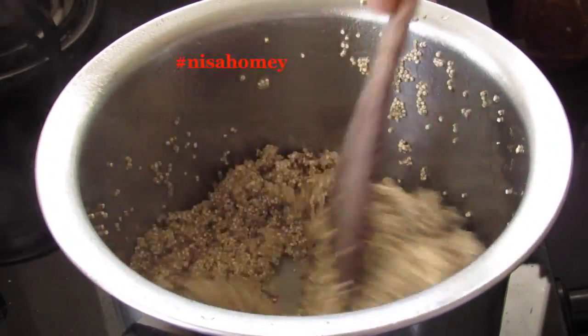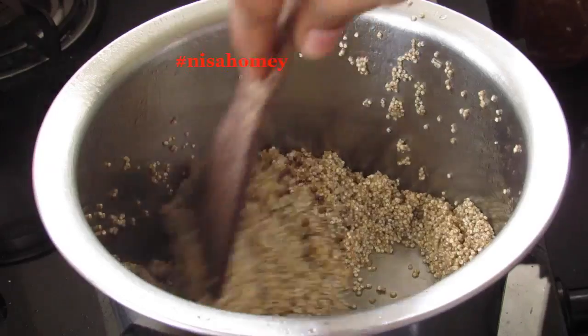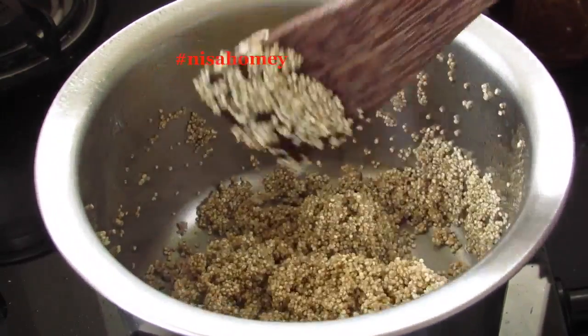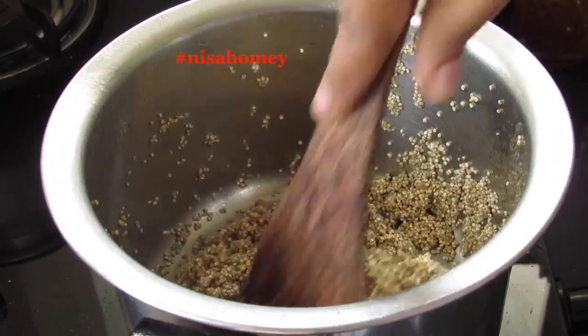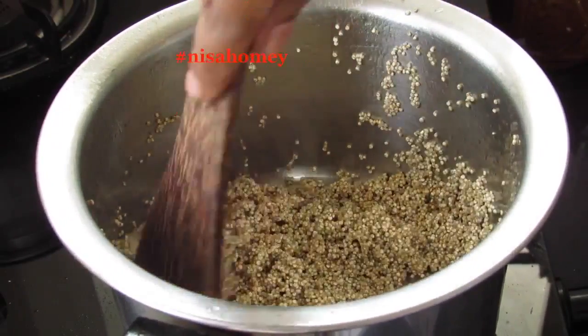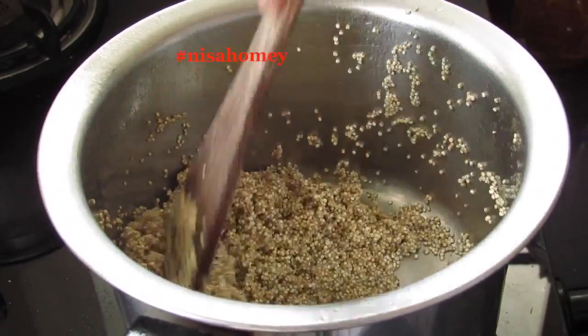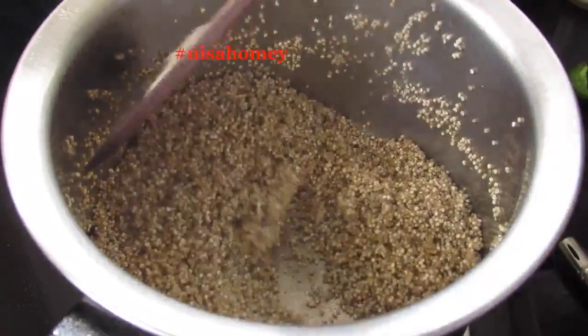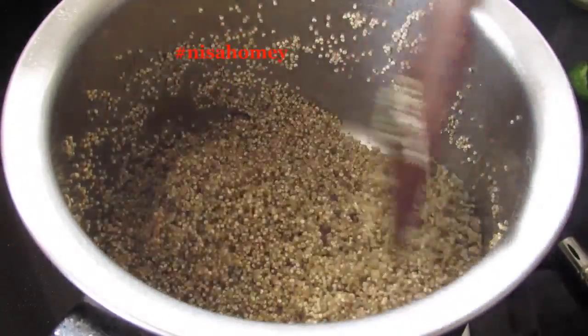I like to toast the quinoa for about 2 minutes or until you hear some popping sounds. But make sure you keep the flame on medium and also stir it on and off so that while toasting it does not stick to the pan and get burnt. We do not want that. And once you start hearing the popping sound, it means the quinoa is getting toasted and it is time to